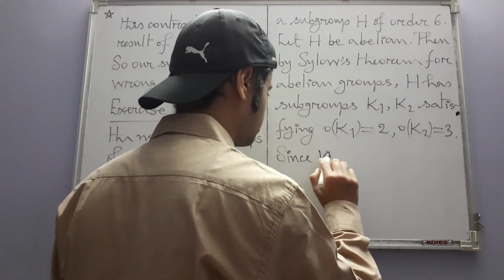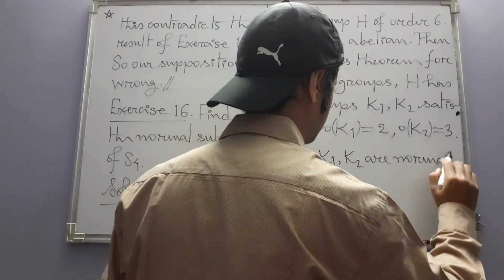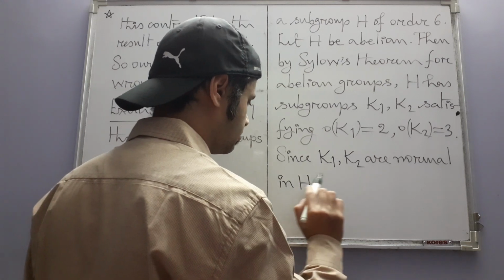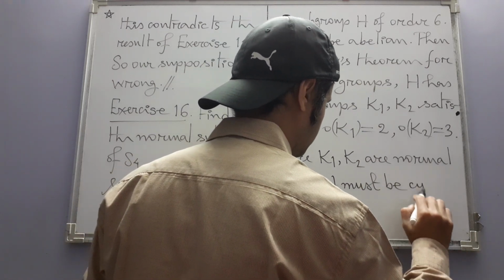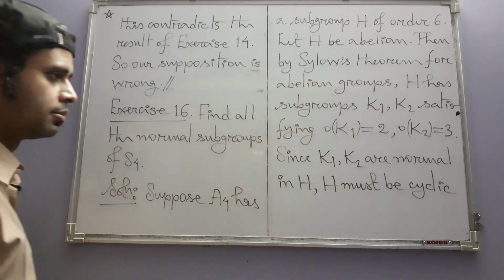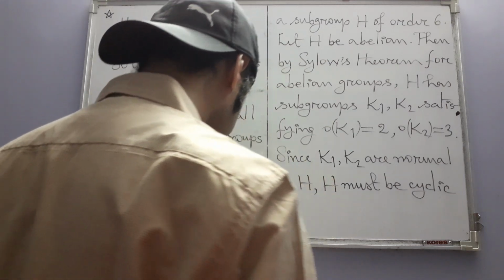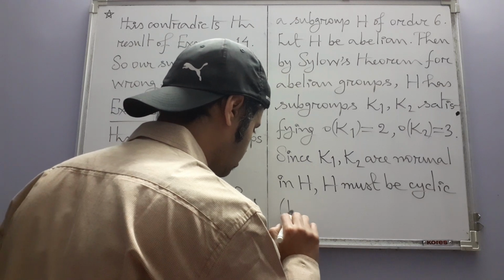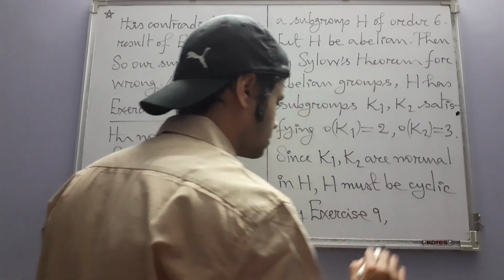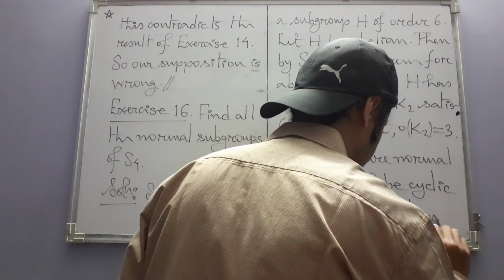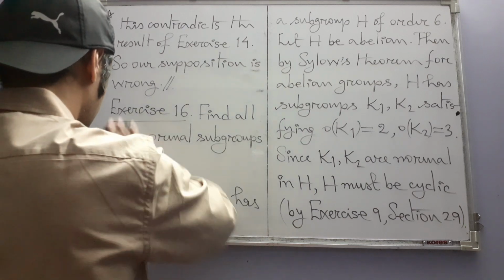Since these are normal in H, H must be cyclic, and this fact comes from an exercise that we have already proved, exercise 9 of the previous section. What this exercise says is this: